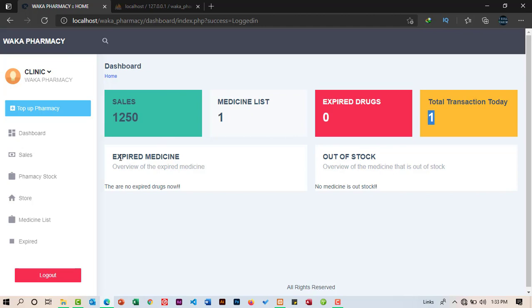Now down here we have the expired medicine. So this was just showing you the number, but you don't know which specific drug it is. So down here now you're going to see the list of all those expired medicine, so that of course you can take action. And on this other end we have out of stock, and this is the pharmacy stock,